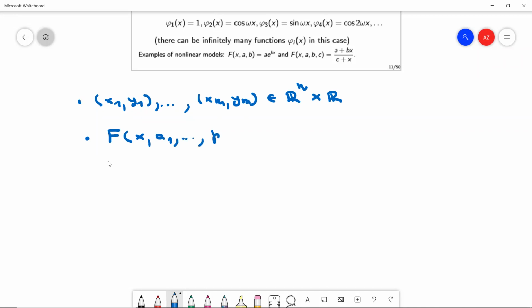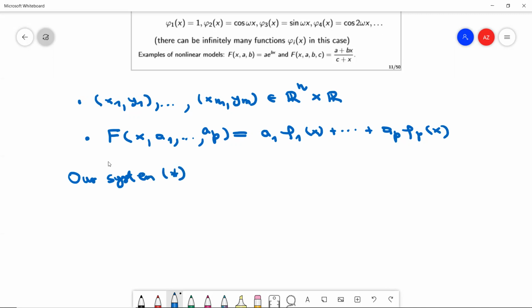Let's say that we have p parameters and our model is linear. So it's of the form a1 phi 1 x plus ... plus a p phi p x. So we have a bunch of equations. We have m equations. So our system star is then, I will rewrite it so that it will be more clear how we build a matrix form